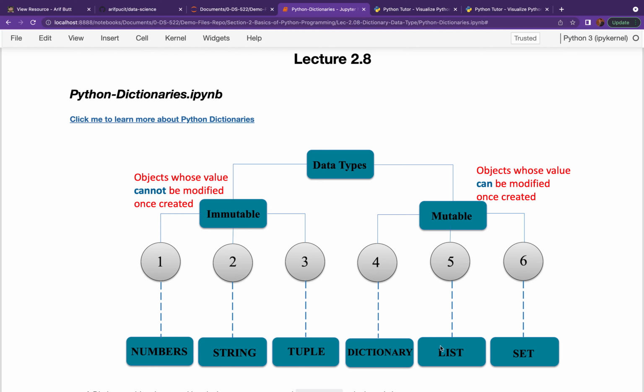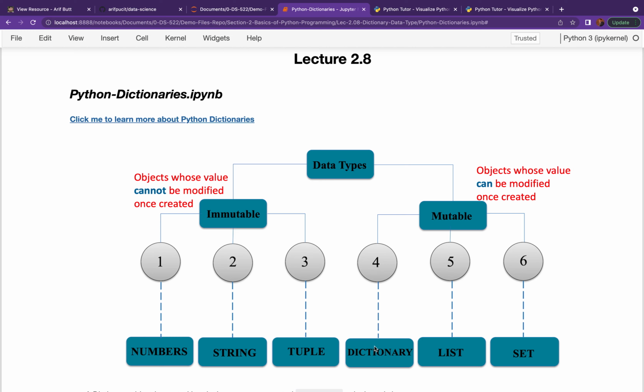My dear students, today we are going to do a scuba diving to understand Python's dictionary data structure. A dictionary object is created by placing comma-separated key-value pairs in curly braces, and each key-value pair is separated by a colon.